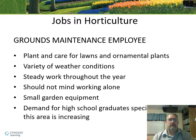Okay, a grounds maintenance employee, and I'm going to give you a few examples of me while we're going through this because I've worked at several different jobs in this field. And actually, when I first started, I was a grounds maintenance employee. I dug 3,286 holes my first year in the golf course industry. And the reason I know how many holes I dug was because that's how many irrigation heads that I changed